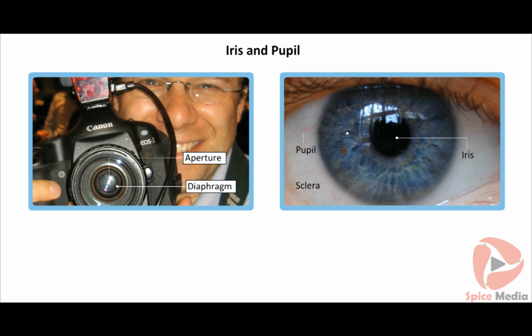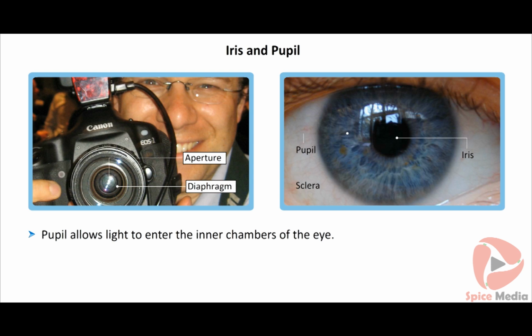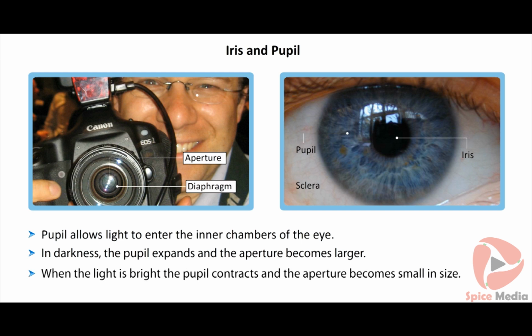The action of the iris can be compared to the diaphragm of a camera. Iris is present behind the cornea. It is a circular diaphragm-like structure with a central aperture called pupil. The pupil allows light to enter the inner chambers of the eye. The size of the iris and pupil are adjustable to the intensity of light. When in dark, the pupil expands and the aperture becomes larger. This allows maximum amount of light to pass through the pupil. When the light is bright, the pupil contracts and the aperture becomes smaller in size, so that lesser light passes